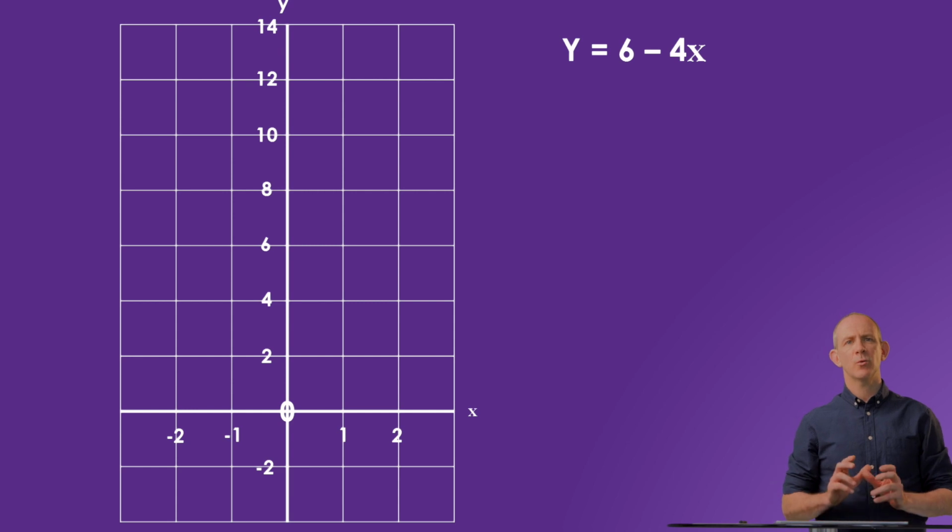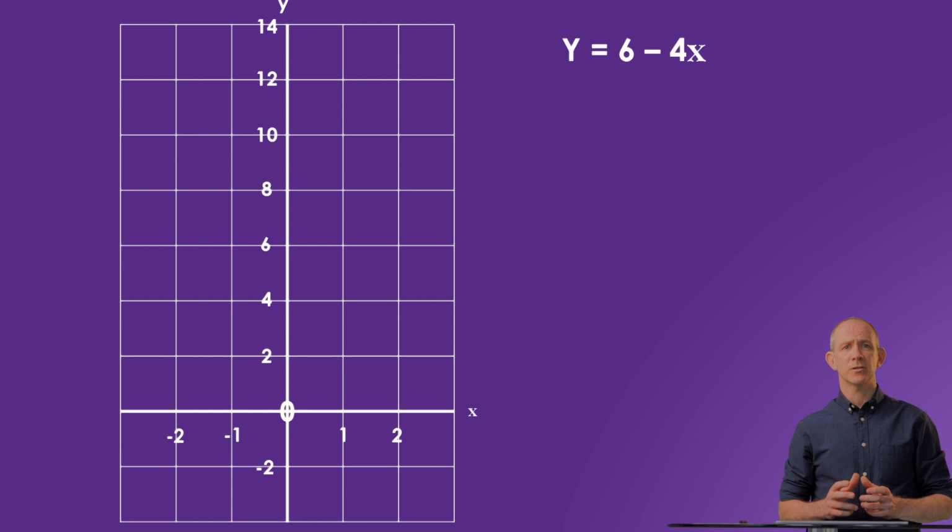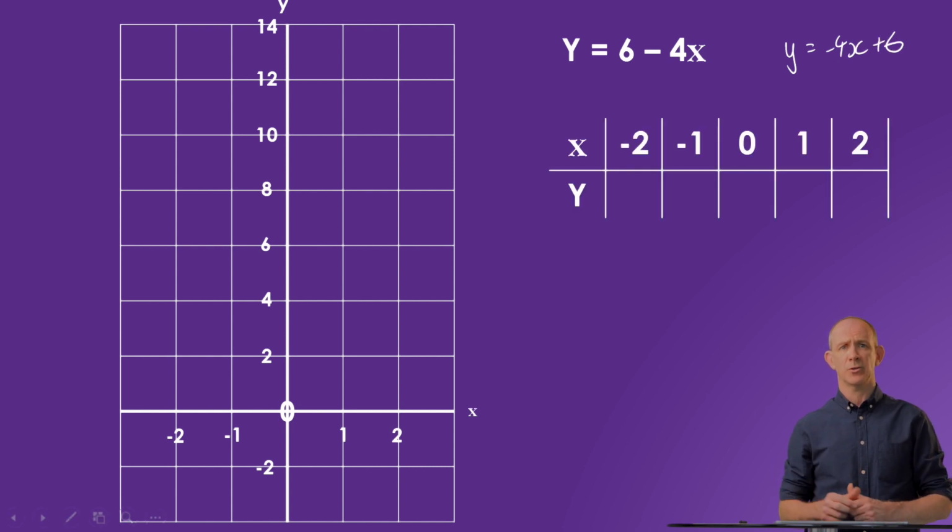In this one, the equation isn't written in the same form we've been used to. We can rearrange it to have it look more like y equals mx plus or minus c, or you can calculate all of the y values with x from minus 2 up to 2. Before you draw the graph, lay it out like I have, as that will be the easiest way to display